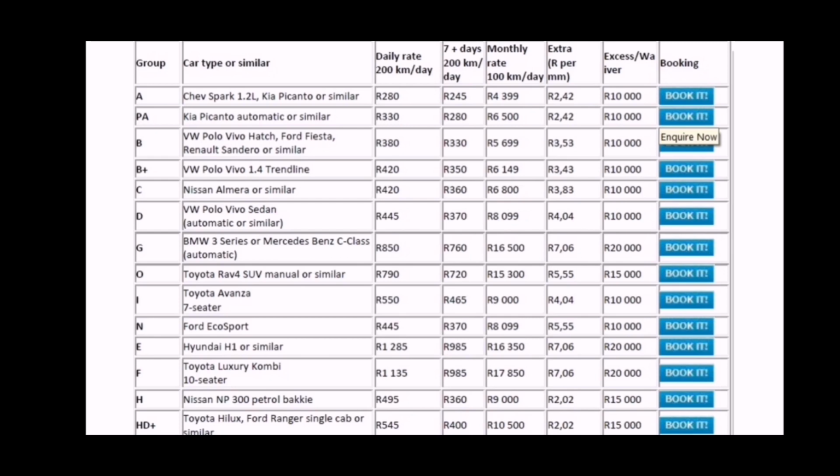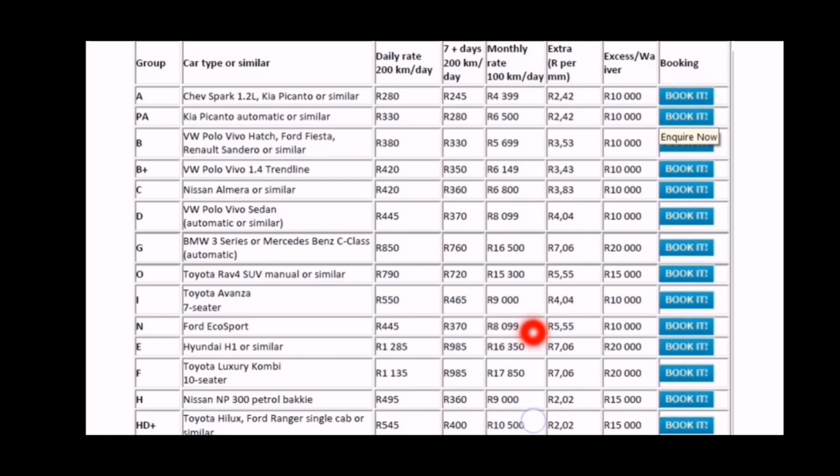The next thing that we're taking a look at now is the handouts. As I had said before, there is another video that explains this in detail, how to use the handout. So for now, we are simply going to look on the handout for the Ford EcoSport, and it's right there in this section, Ford EcoSport. You have the daily rate at 445, the 7-day plus at 370,